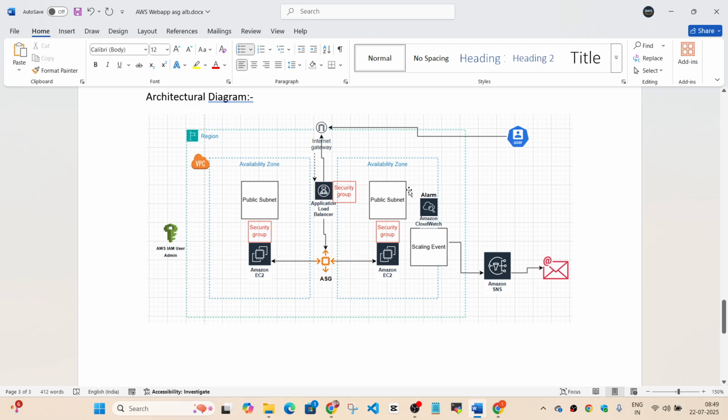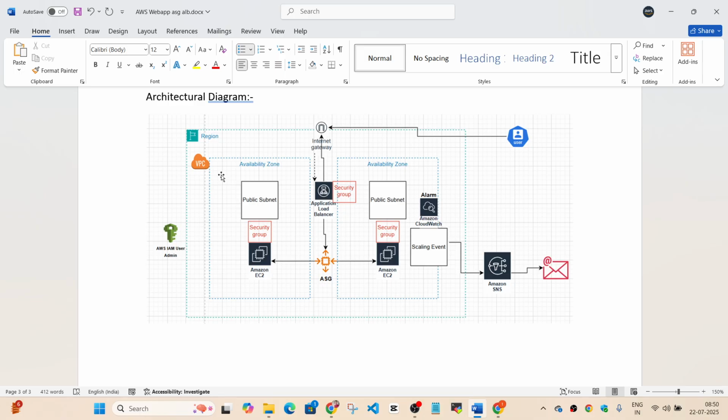So I'm going to show you this. We're going to use a CloudWatch alarm and that will be based on the average CPU utilization of this auto scaling group. And we'll be setting a threshold value for this CPU utilization. As soon as the threshold is breached, the scaling event in the auto scaling group is going to trigger, and it's going to trigger an SNS notification to my email ID informing that some alarm has triggered and average CPU utilization has breached. But I don't have to take any action because my scaling event is going to automatically add one more instance to my architecture to support that increased CPU usage.